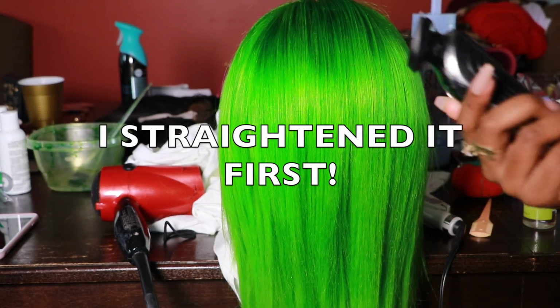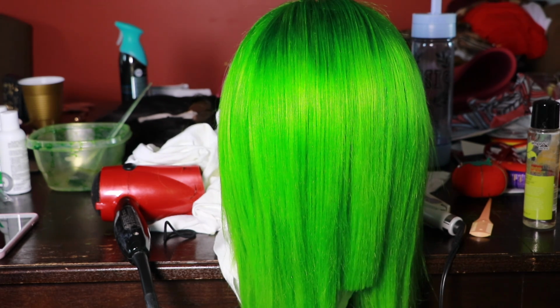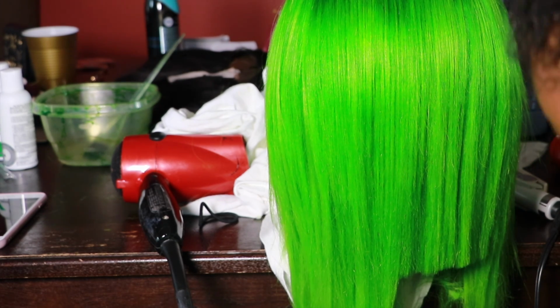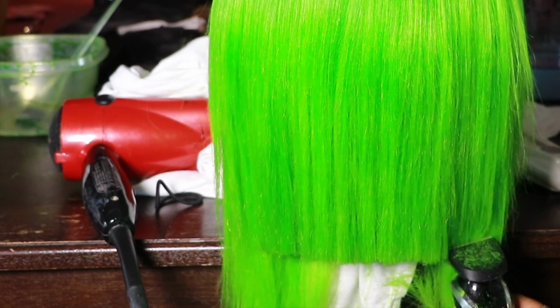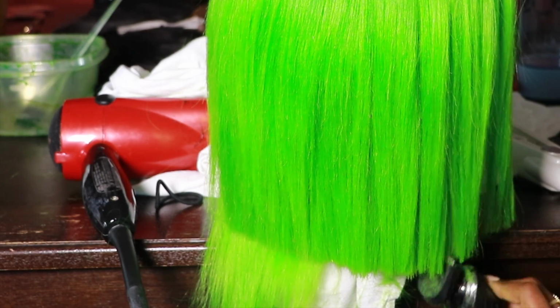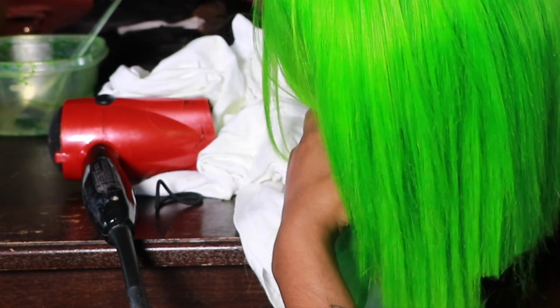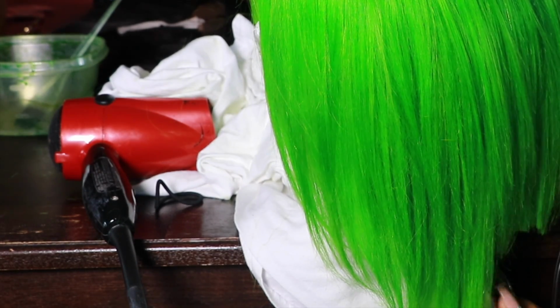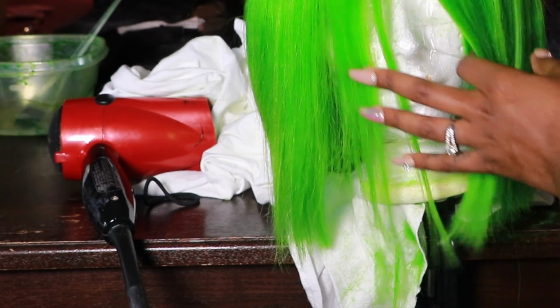So now it's time to do a blunt cut. I'm going to be taking an electric razor to do it instead of scissors. No reason in particular. And you want to make sure you get down to eye level to see what you're doing. When it comes to the front, you can always